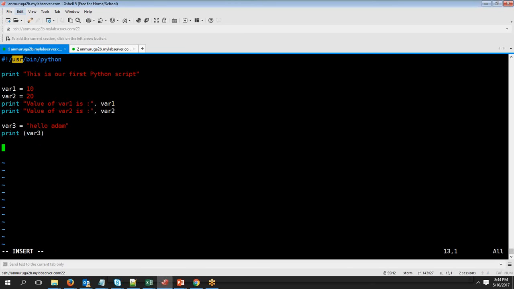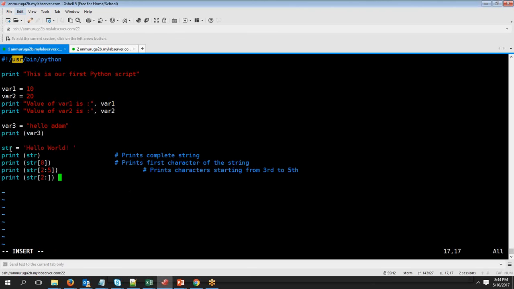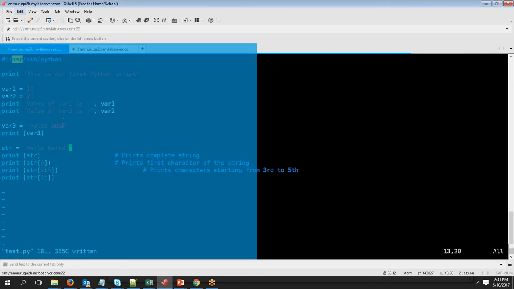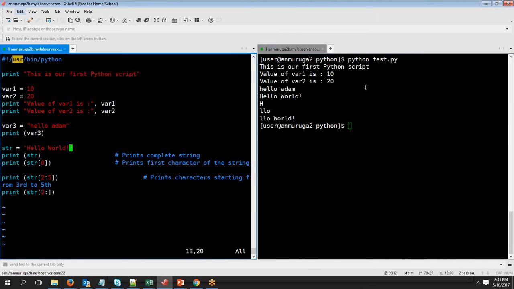Let's try to put one more string here, wherein this is just a variable. Okay, now let's try to run this. So you can see now that when you say print str, this is the name of the variable, it is going to replace it completely, that